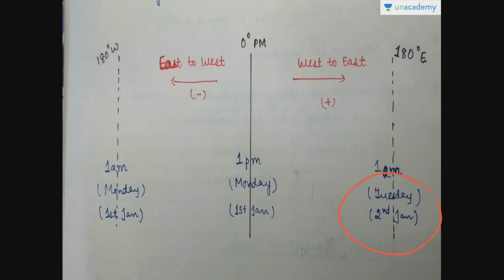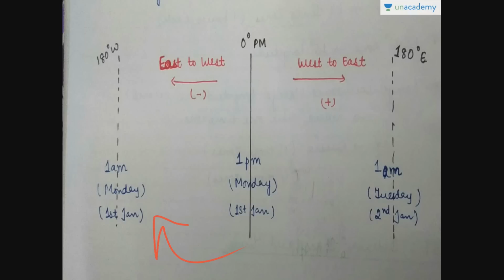But the time, see, it has like 12 time zones here and 12 here, because in total it is 24. So 1 p.m. and then 1 a.m. The difference is of 12 hours, 12 time zones, 1 hour each. So the difference is of 12 hours here. So we are gaining a day and here we are losing a day in this context.